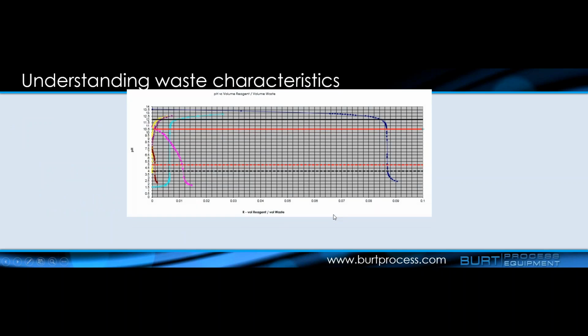So I pulled the titration data here. This is actually a client, and I wanted to walk through some things we talked about, the relative strength of pH and alkalinity, by showing some actual real data here, and how that impacts when you're doing your system design. So what this chart is showing here is pH as it is neutralized, 0 to 14 on the left, and then the volume of reagent to the volume of waste being injected. And I'm not going to go into exactly what these chemistries are, but here, obviously, we have